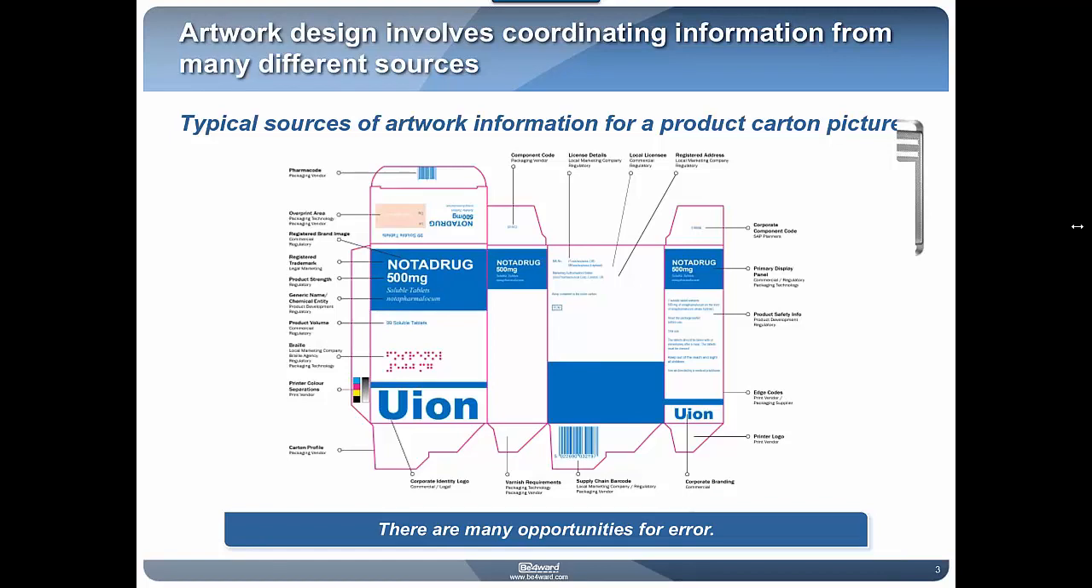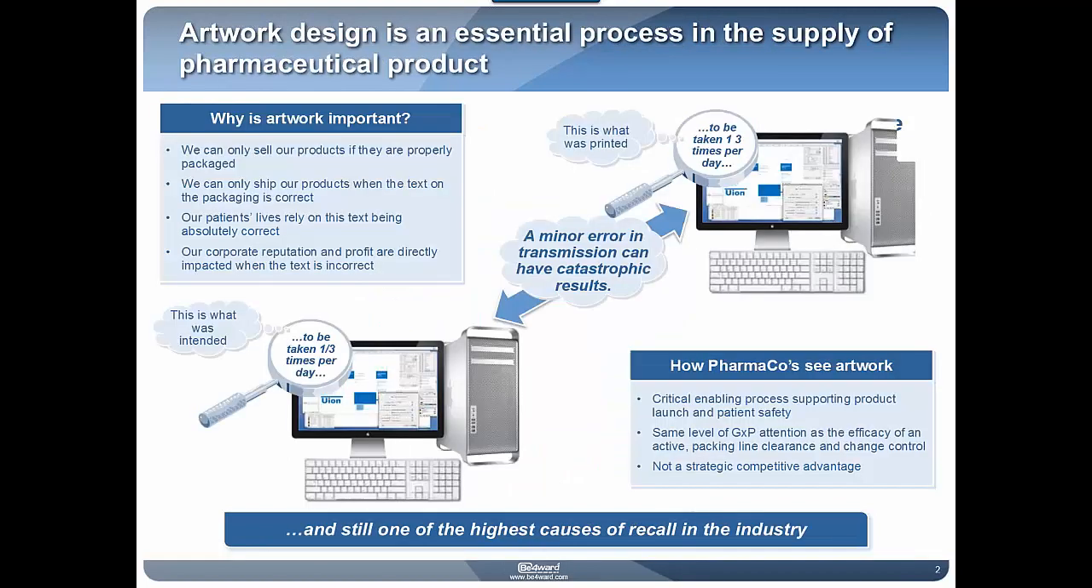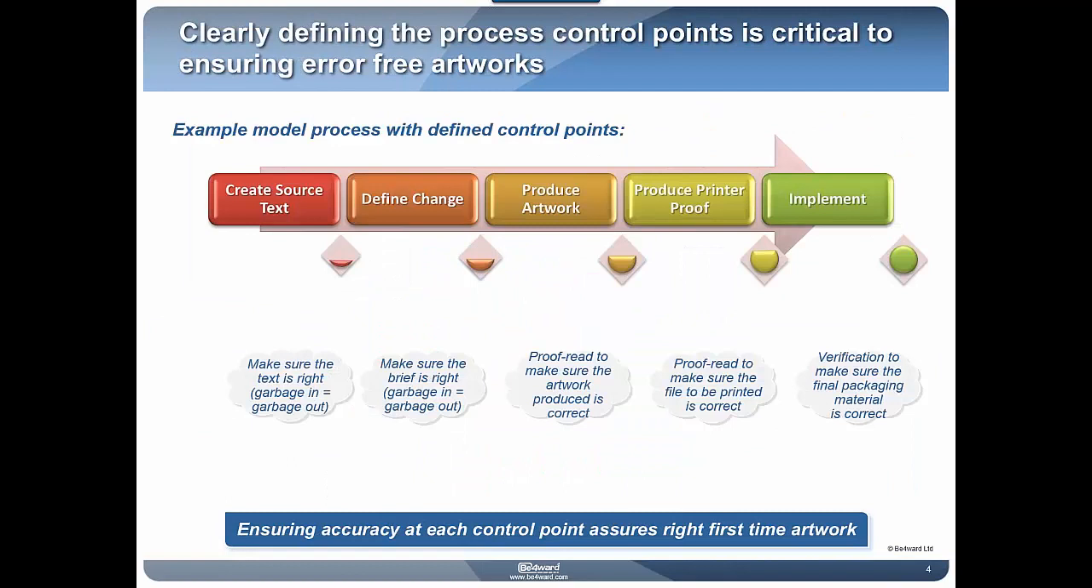If you then look at the process, what we typically see when we go into any company is you have an artwork process. And at a high level, as we show here, the artwork processes are typically pretty standard. It's very difficult to create the artwork if you haven't got the text. It's very difficult to go and implement the new component if you haven't got it printed. So there is a logical order for doing things. But what we often see is that there are not clear, defined control points